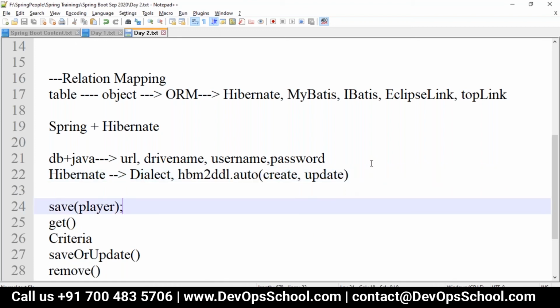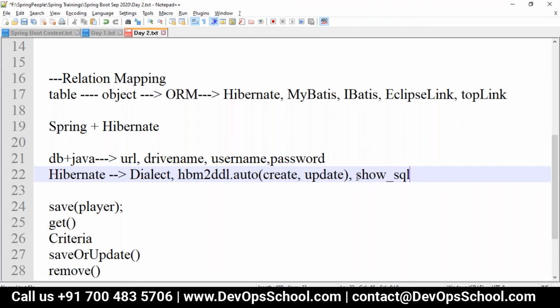In the console, if I want to see what SQL query is running, like in debugging mode, I have a property called show SQL. I can configure it to true, so that it will show what SQL statement is executing. All this we can configure in the Hibernate properties.